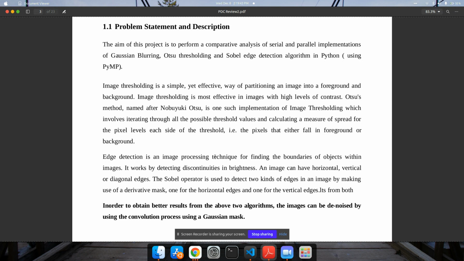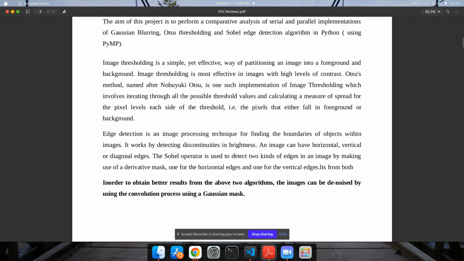Image thresholding is a simple yet effective way of partitioning an image into a foreground and background. Image thresholding is most effective in images with a high level of contrast. Otsu also involves iterating through all the possible threshold values and calculating a measure of spread for the pixel level on each side of the threshold, that is, pixels either fall in background or foreground. And